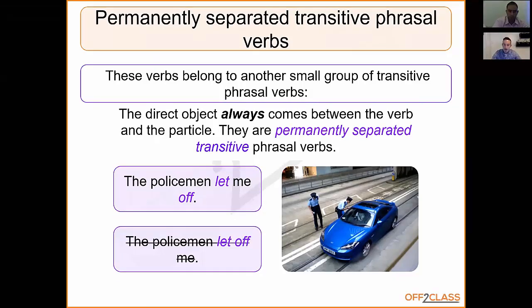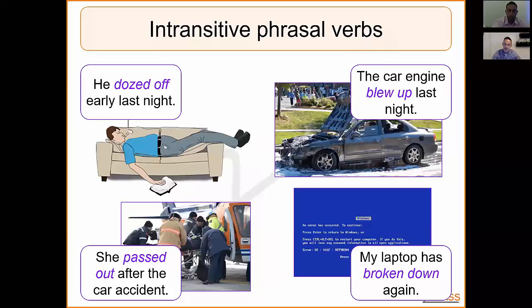You've got also intransitive phrasal verbs. This, again, is a smaller group, and these tend to be a little bit confusing for the students because they understand that phrasal verbs, for the most part, take an object. So you will often get a redundant direct object at the end of the particle. So he dozed off it early last night is quite common. Blow up is probably the first one that you can introduce here, but again, it's important for the students to understand that no object is required at all in the sentence.